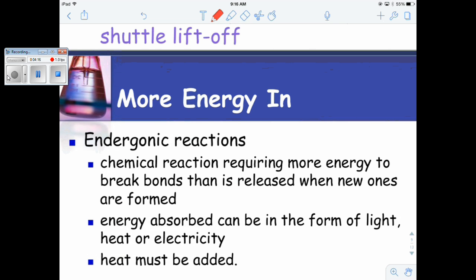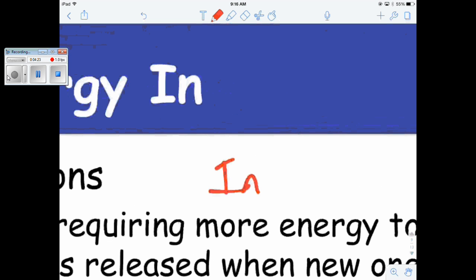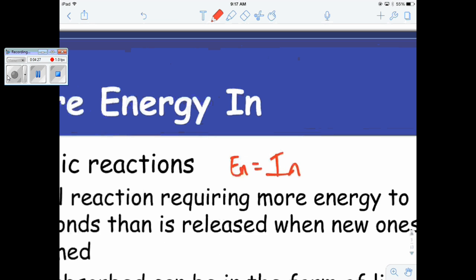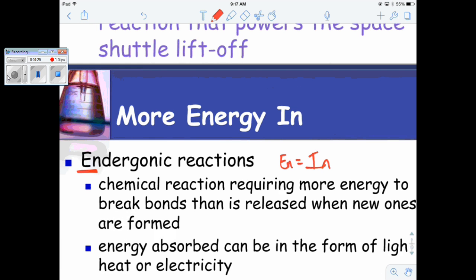It's spelled differently, but you can think of it like "in," and N equals in. Trying to help you remember here. Endothermic